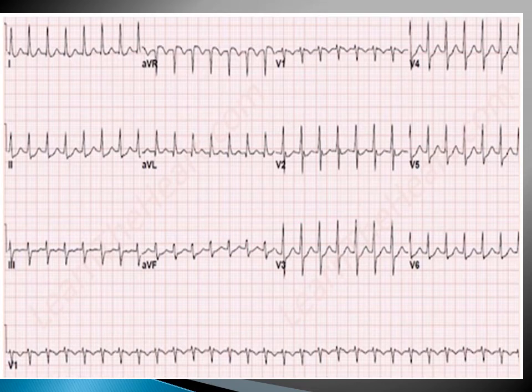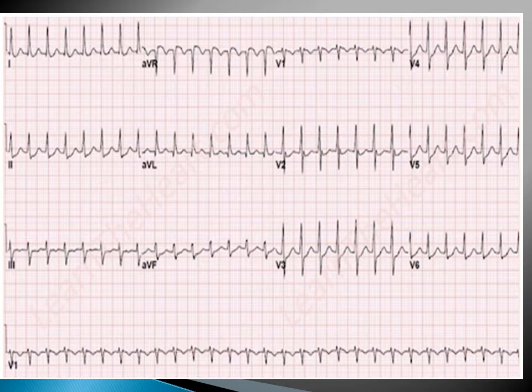You may be provided with an ECG like this in the exam, and as we see, it's a narrow complex tachycardia, which is regular, and there are no apparent P waves. You may be asked about the most likely underlying mechanism, or you may be asked about the best management option for this patient. If you have been provided with data of a resting ECG which was normal, so in this situation